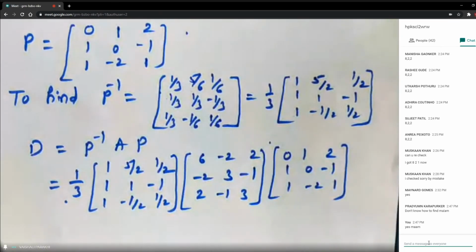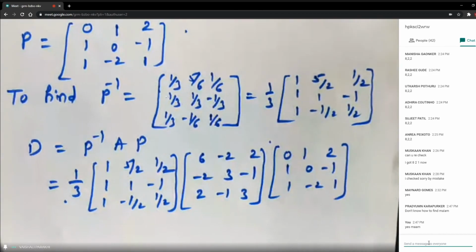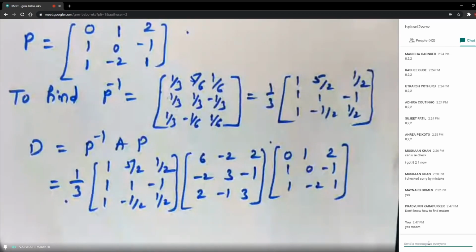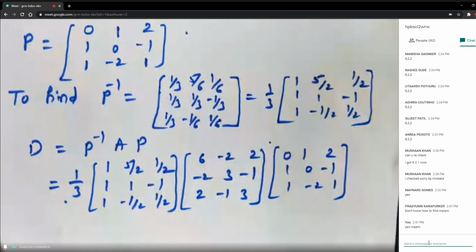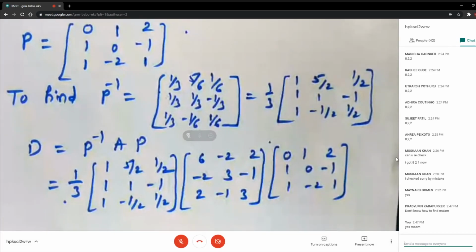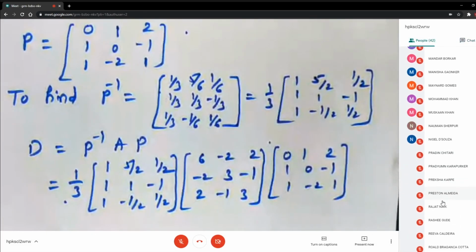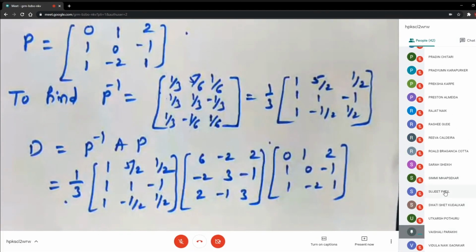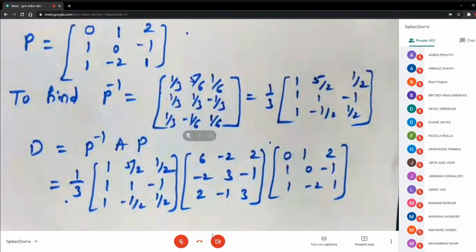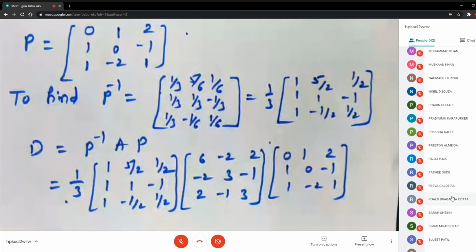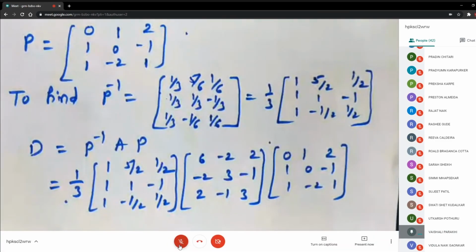My battery power is very low, charging is very low. I don't know. Okay. Forty-two students are there. Who is absent today? Any idea? Total 43 students, right? So Ishan, can you find out, because I don't think my battery will work till the end. Just find out and tell me, Ishan. Okay? Yes.